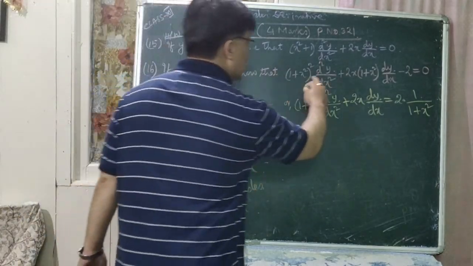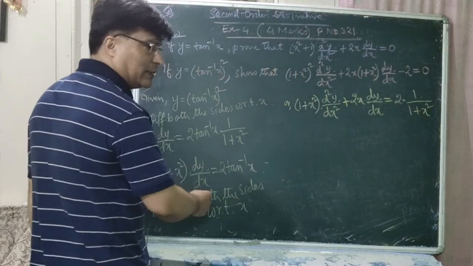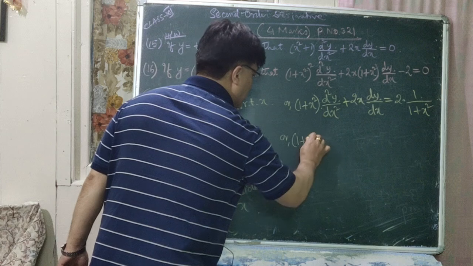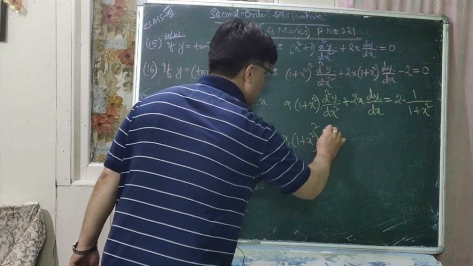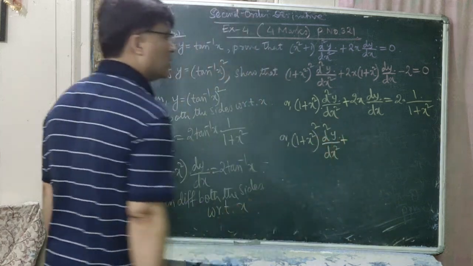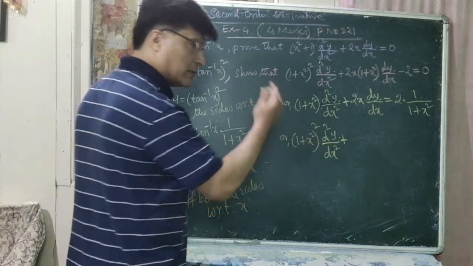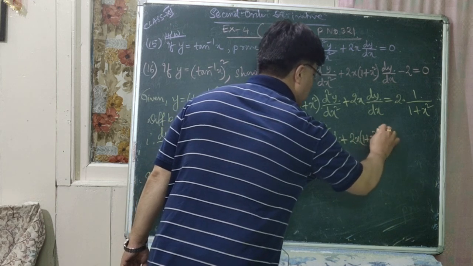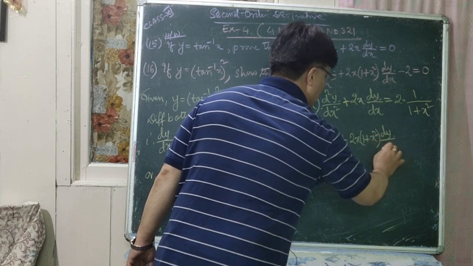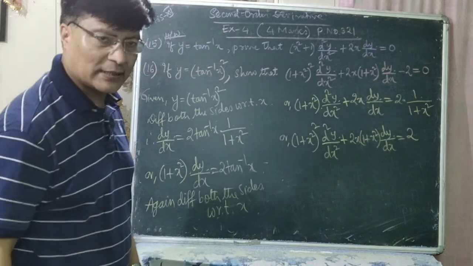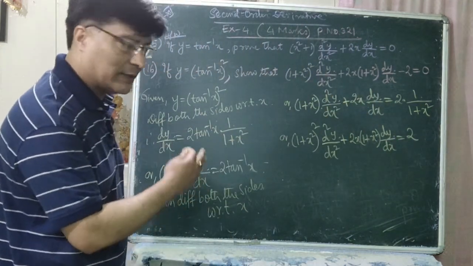Now in order to prove this required result, now cross multiply by 1 plus x square. What do we get? 1 plus x square whole square into d2y by dx square plus, next cross multiply by 1 plus x square, 2x into 1 plus x square into dy by dx, which is equal to 2. Is that clear? Now take 2 to the left hand side,